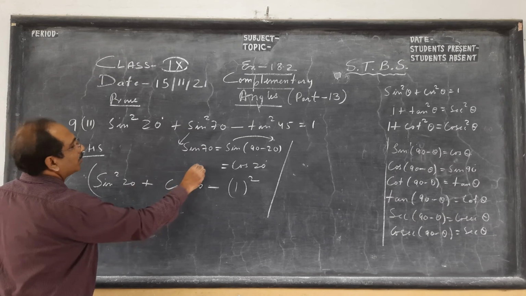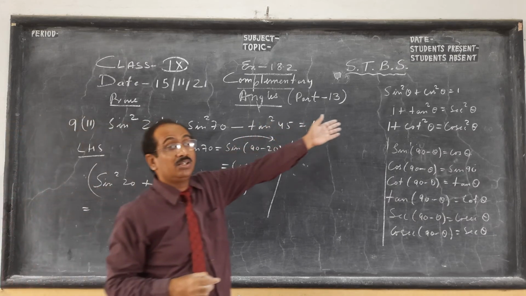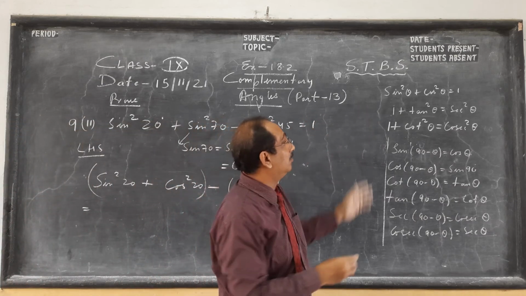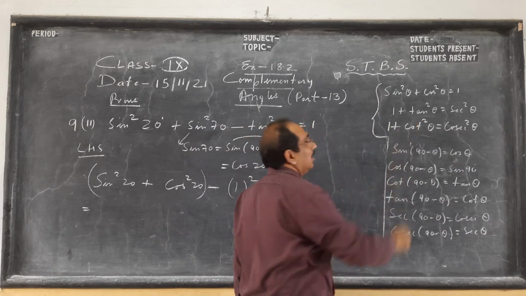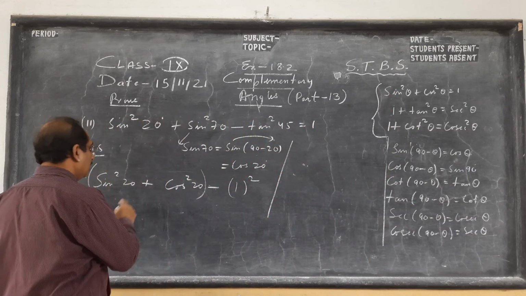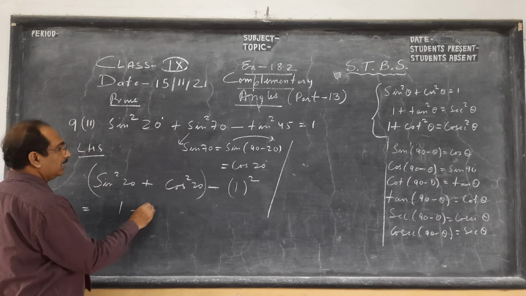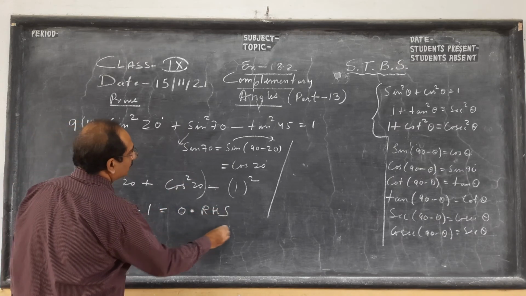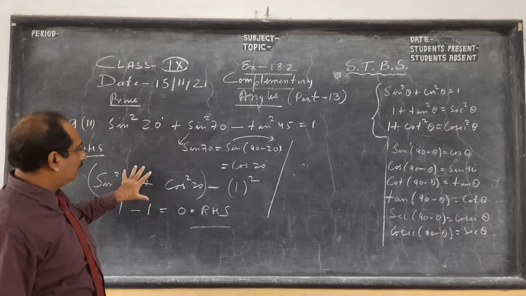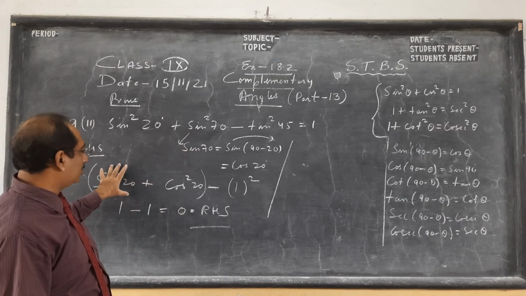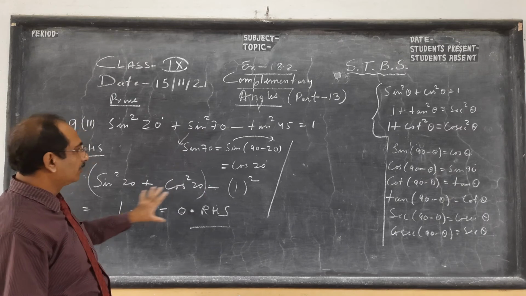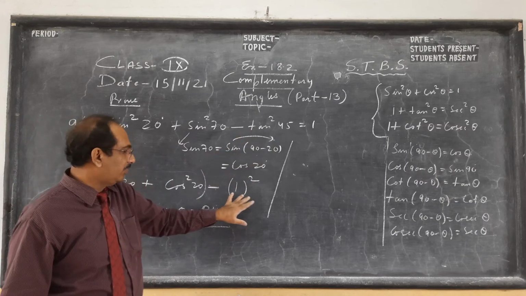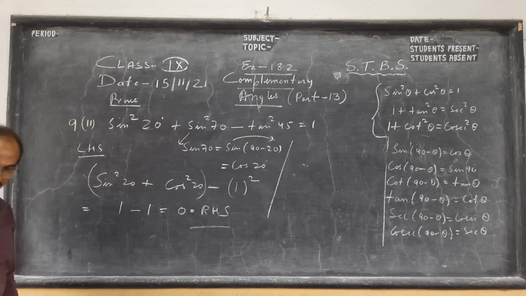So sine square plus cos square theta, this identity of exercise 17 comes up. This is what is in exercise 17, first 3 videos. So sine square theta plus cos square theta is 1, and tan 45 is 1, 1 square is 1, which gives 0, which is RHS. Okay, so once more, these two together give you the first identity, sine square theta plus cos square theta is 1.